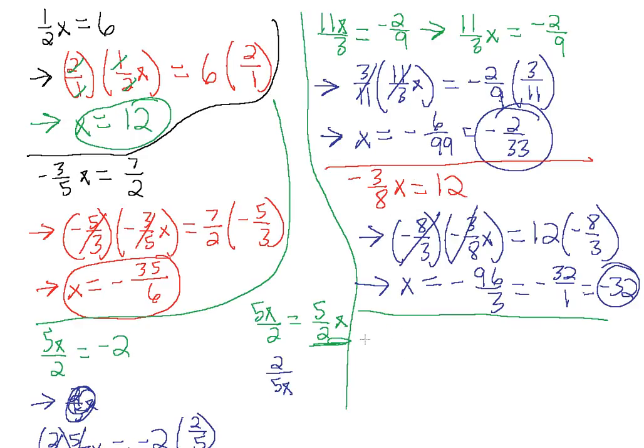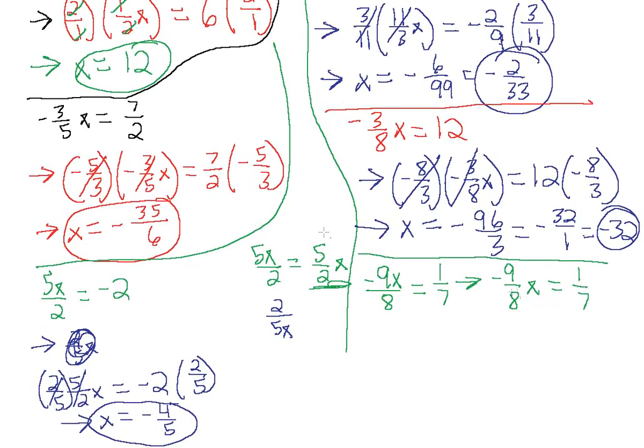Let's take a look at a couple more. Let's see, we have a minus 9x divided by 8, and that equals 1 over 7. Let's go ahead and rewrite this as a minus 9 over 8 times x, and 1 over 7 on the right side. We're just doing this so we don't make any mistakes when we're taking the reciprocal of our fraction. So we want to take the negative reciprocal, so we have a positive x on the left side. So let's multiply by a minus 8 over 9